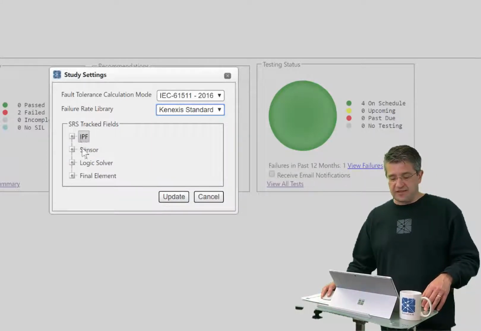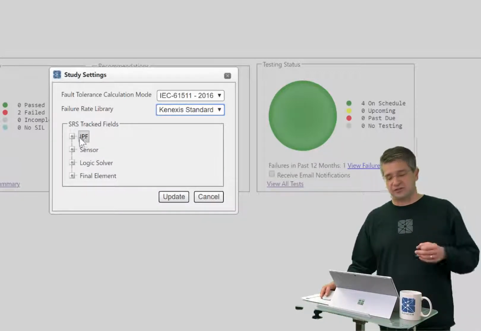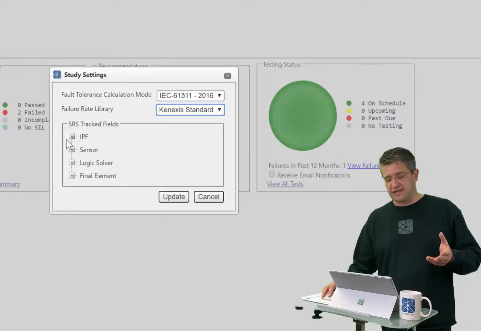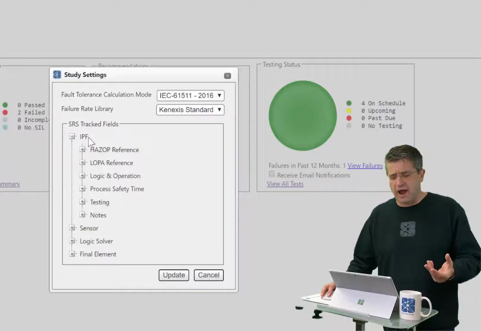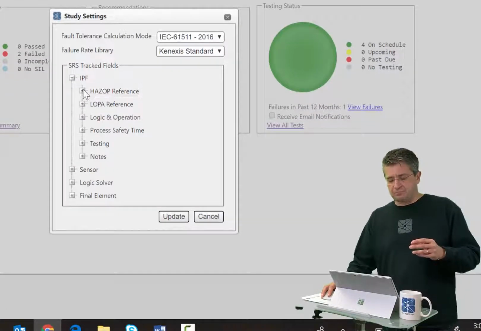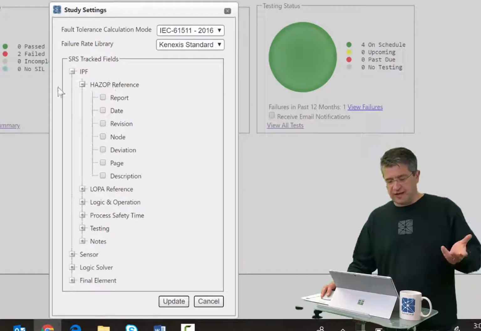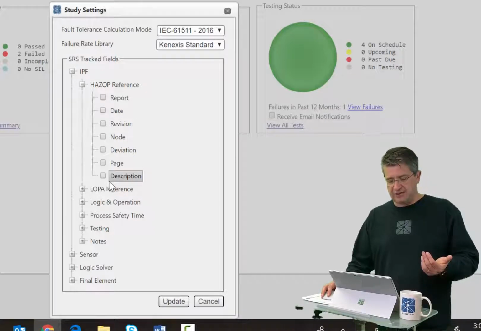And then finally, the last section is SIS tracked fields, or SRS tracked fields. So this is for all of those worksheets, and it contains that superset of all of the information that you might want to track for any particular data sheet. So looking at the IPF data sheet in the HAZOP reference section, you'll see that everything is